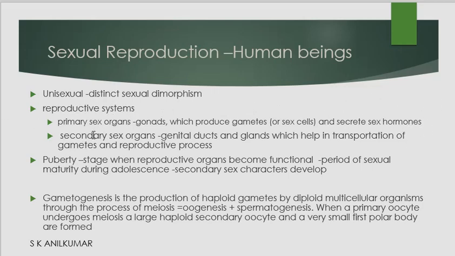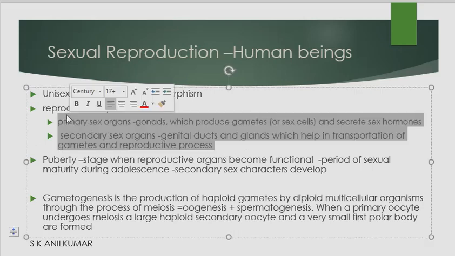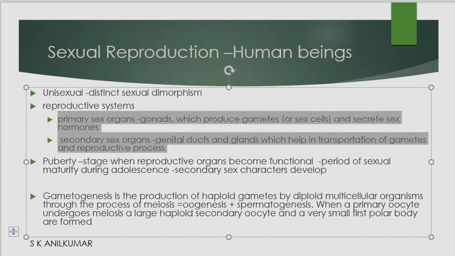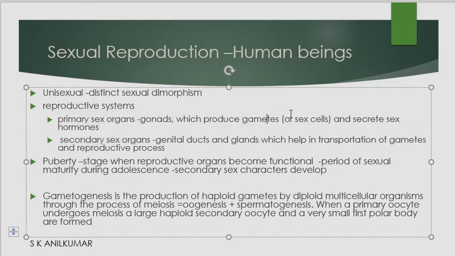Reproductive system has two parts in human beings and most of the mammals. The primary sex organs are the gonads, which produce a gamete, that's a sex cell, and the sex hormones. The secondary organs are genital duct, the gland, etc., which help the sex cells produced in the gametes to reach the right place for the right process. So genital ducts and glands help in transportation of the gametes. Only then reproduction can happen because the male and female sex cells are there in